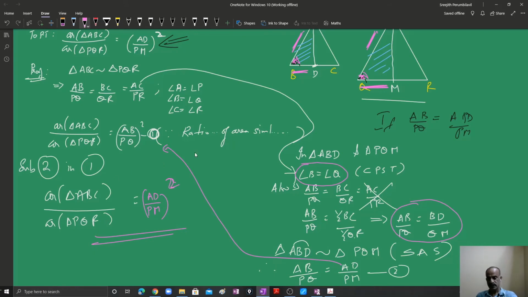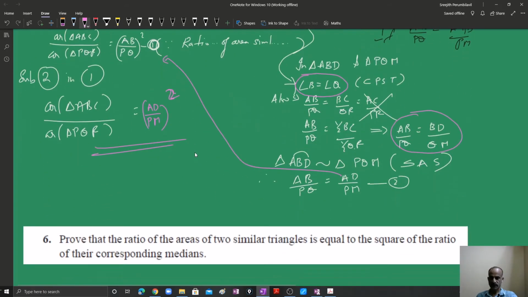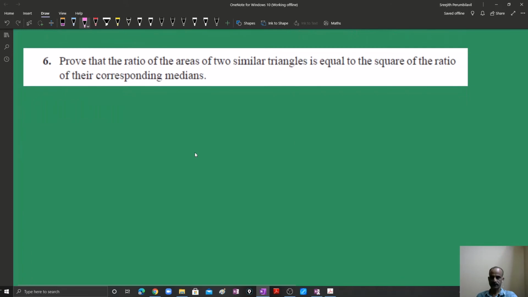Same question can be asked in a different way. I am putting it here. It's not the same question, it's a different question. I am going to make certain changes. You can change the question number as 6A or 6B or something. Additional question: instead of median, I am going to change it to